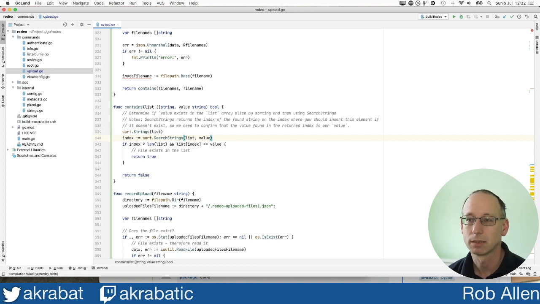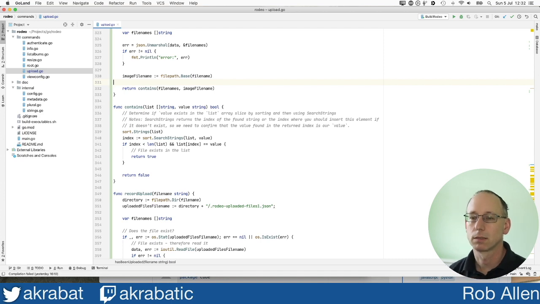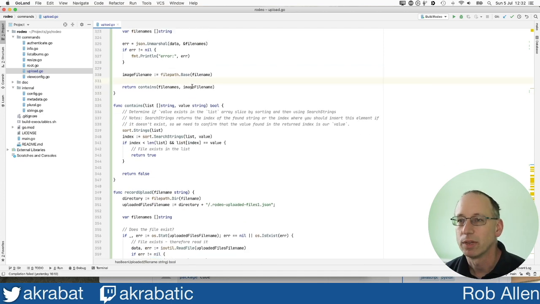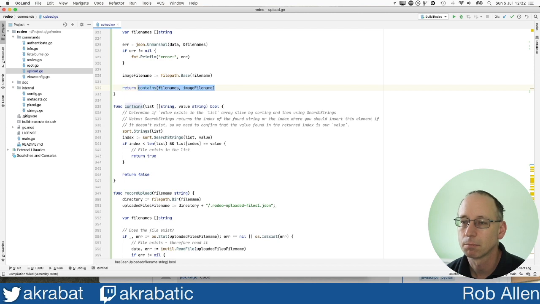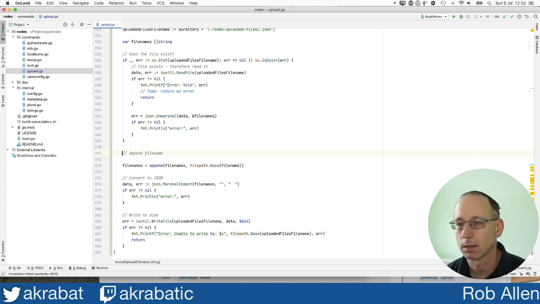Doesn't seem unhappy. Now I've chosen the list and then the value because then that matches the way append works, but I don't know if that actually makes sense, and that should be image file in there. So now we can reuse that line down here. If it is not already in the list, if